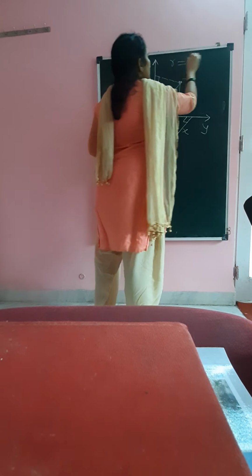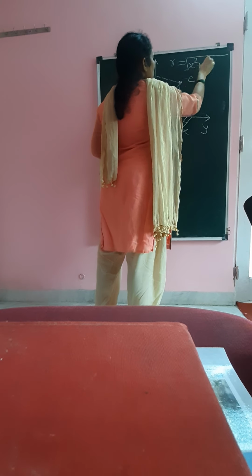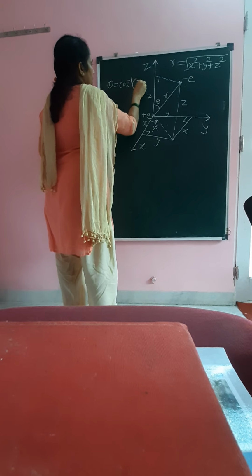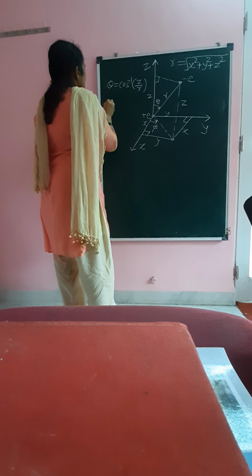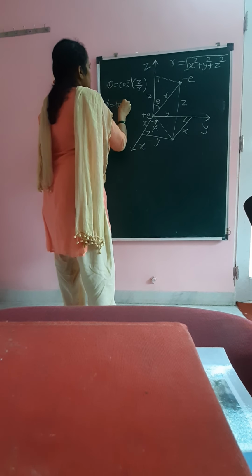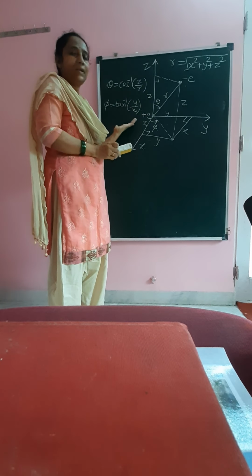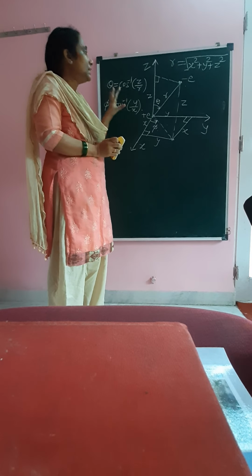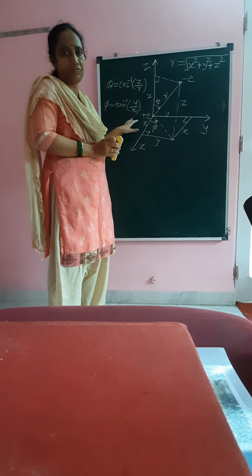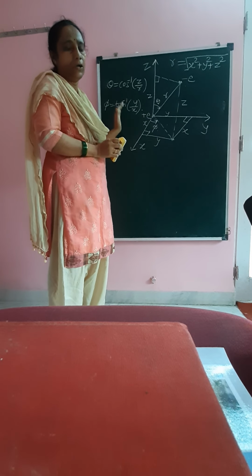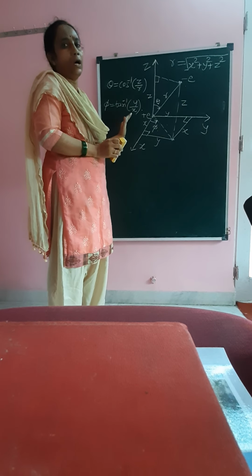Here r is the square root of x square plus y square plus z square. According to this, theta will be cos inverse of z upon r, and phi will be tan inverse of y by x. Okay, so these are all the relations. You don't exactly need these equations to be substituted anywhere further, but you should know how x, y, z and r, theta, phi are interrelated, because r, theta, phi are the spherical polar coordinates.